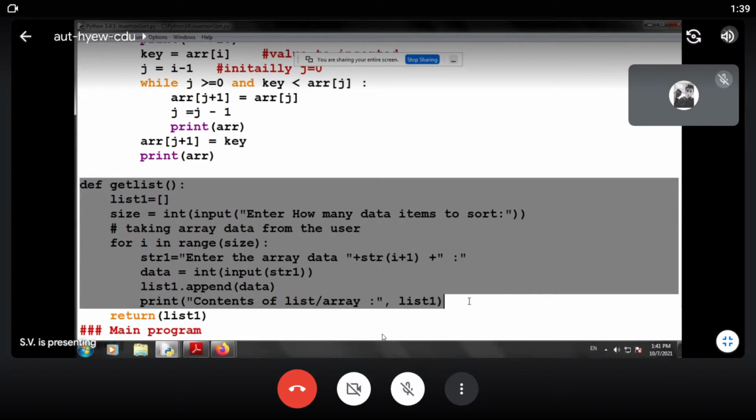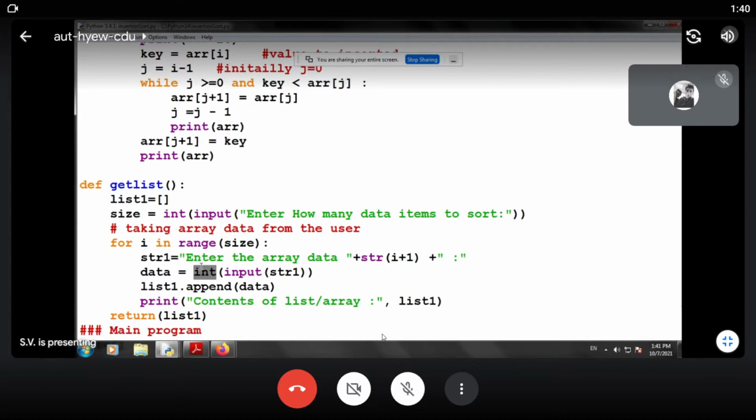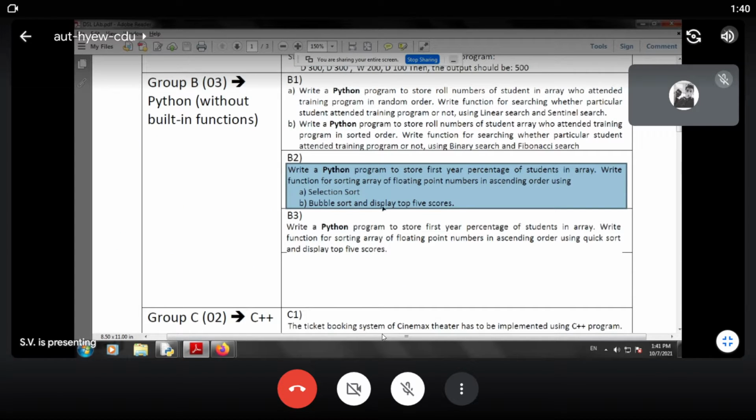That means we are just creating the data items to be sorted. Here naturally we will take the input as floating point values, because our application demands floating point values. You can see over here what the application is. It says floating point numbers in ascending order.